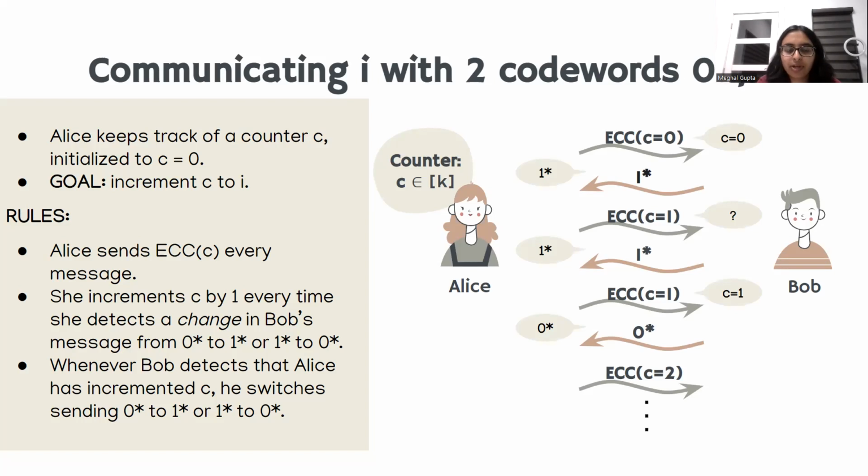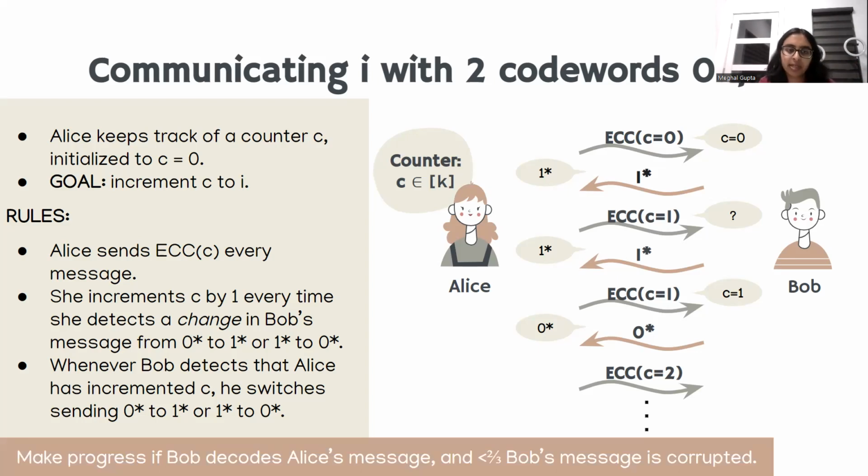So it's written on the slide exactly what procedure Alice and Bob follow, but that's not super important. The point is, Bob will be receiving Alice's value of counter, and then he's going to tell her whether or not to increment until she actually reaches the correct value of counter, which is I, and then he's going to tell her to stop incrementing. And the 0 star or the 1 star will be the instruction of whether to increment or not, and the rules for that are highlighted on this slide.